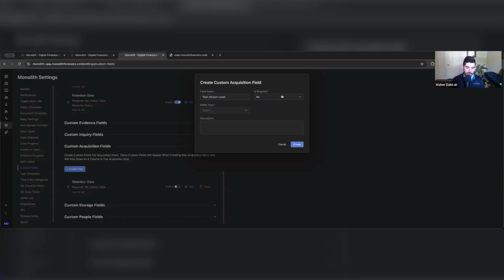Now, as I'm sure, different agencies have people filling out these forms, and this was a very highly requested customizability feature for a custom field, to make it required. That way, when people are filling out fields, you can definitely specify that this cannot be submitted until you mark it required, and until you fill out this information, which hopefully reduces